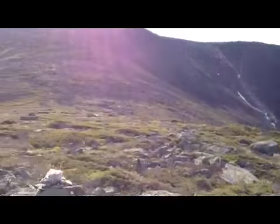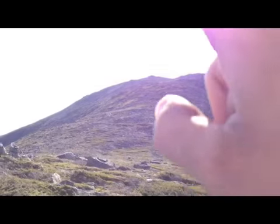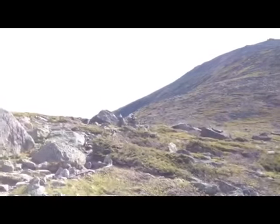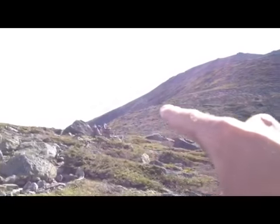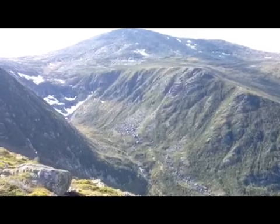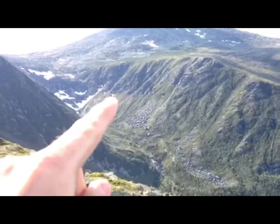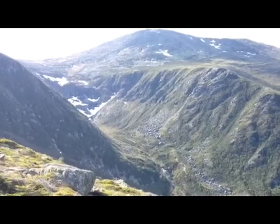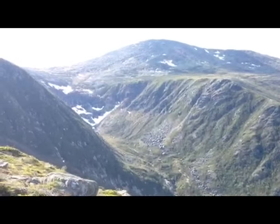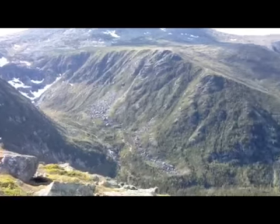So this is kind of a cool spot because you can see a lot of what we did. We just came down from up here on that hill up there, and we came all the way down, kind of where that person is right there. You can see the trail. It goes up the hill like that. But you can kind of see everything that we did earlier today. We hiked up the middle of that ravine there, and then see those two little bluffs of snow? The smaller middle one is what we hiked up to and just over when we were trying to get up to the top of Mount Washington, and we realized we couldn't, and turned around,